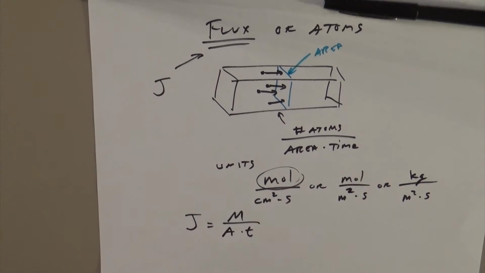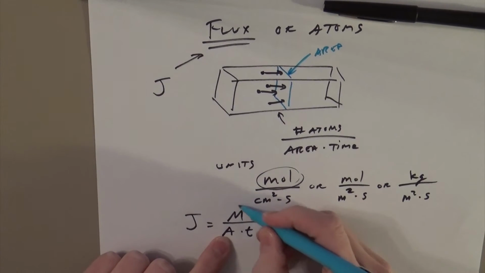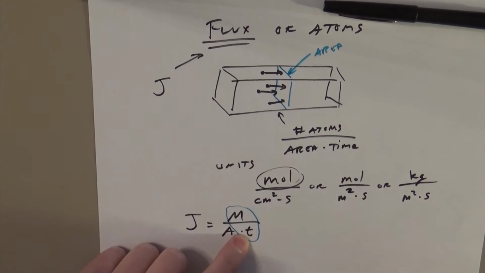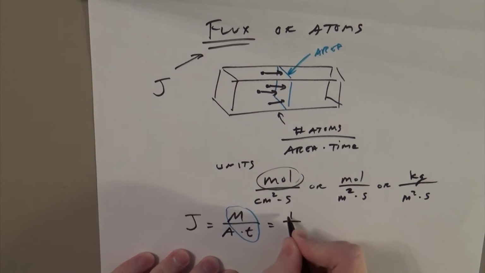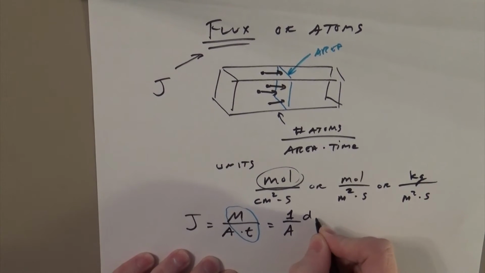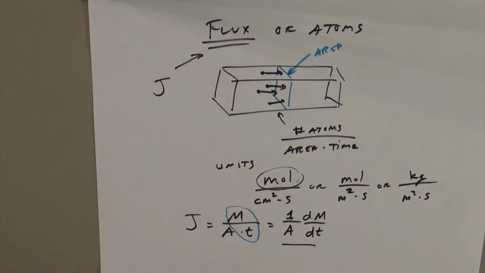Well, area is not changing, so what we're really thinking about is the amount of mass that passes in a given time. So that is equal to 1 over area dm dt. Right? So if you have this and you're thinking about the mass diffused versus time,